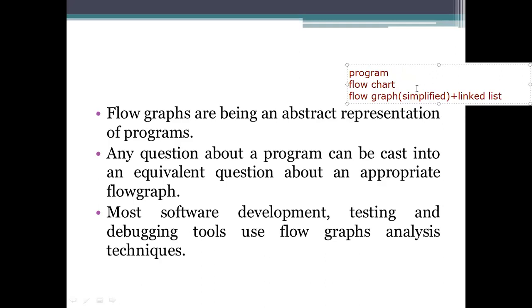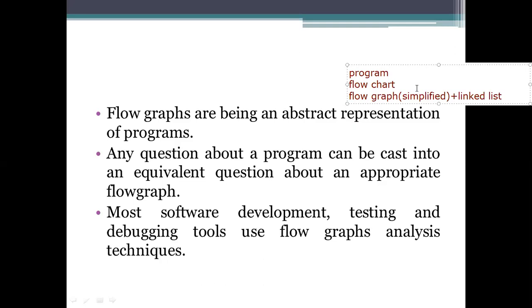So how are we defining a flow graph? It is an abstract representation of the programs. In this graphical representation we won't get any information about processing. Means we need to study the program using a graph. You need to keenly observe what each and every node is presenting and what things are involved at that node.